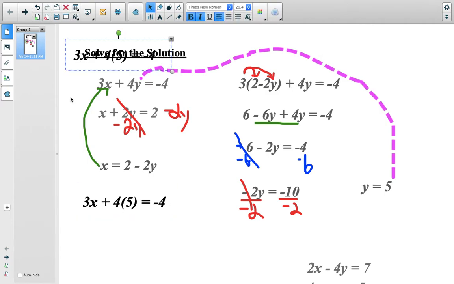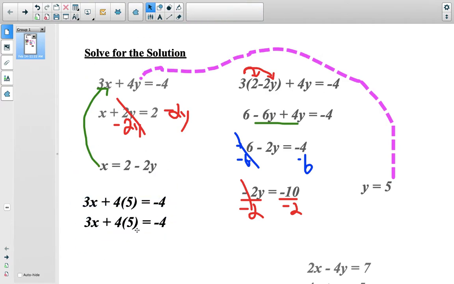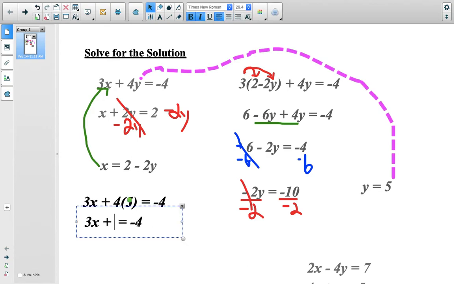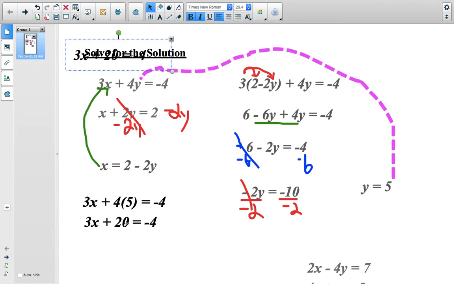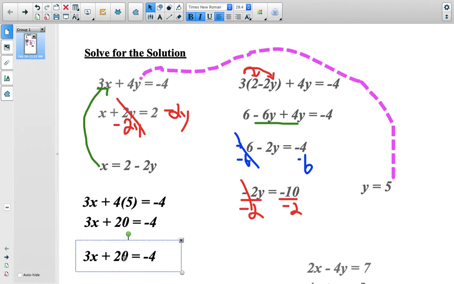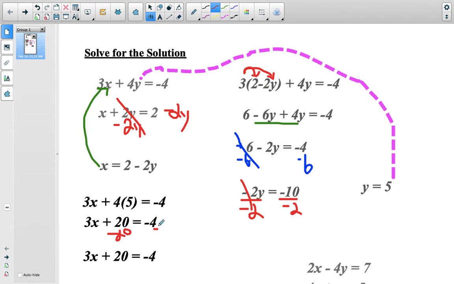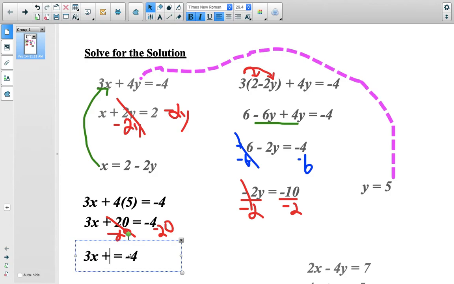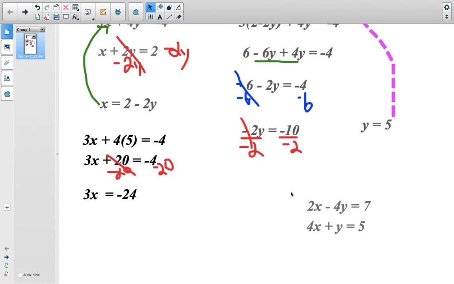I end up getting 3x plus 20. So 3x plus 20 equals negative 4. And then 3x, what do I do to both sides here to get x by itself? I subtract both sides by 20. So subtract this side by 20, subtract this side by 20. So I get now negative 24 on the other side. That cancels out. Negative 24, and then I divide both sides by